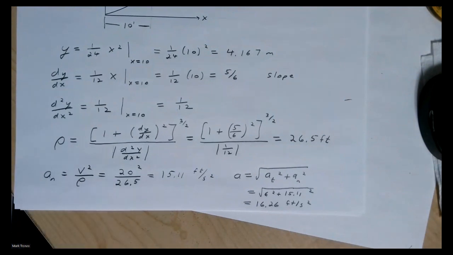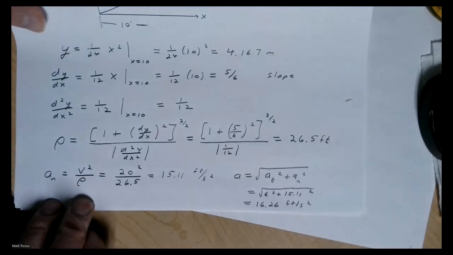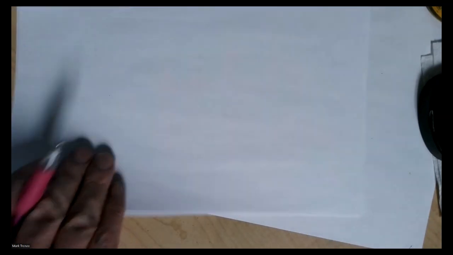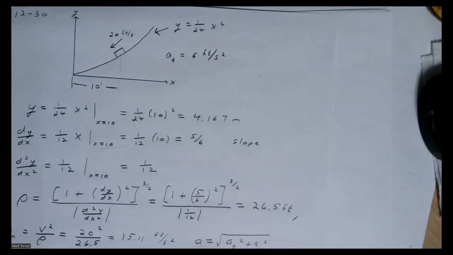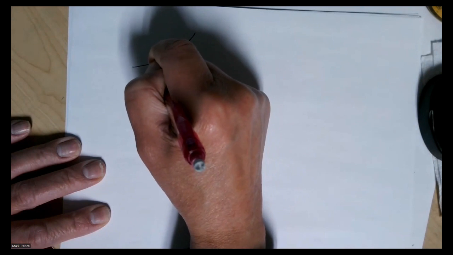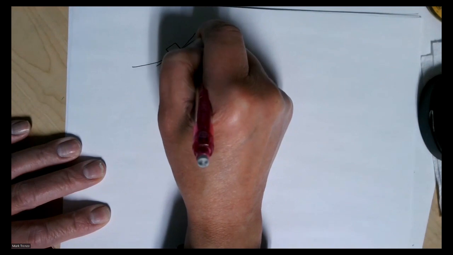So again, the only thing extra that this problem asked us for was the direction of the velocity. So let me just take a minute and look at that. And now notice, as I said, the dy/dx gives us the slope at the point we're interested in. So let's take a look at that for a minute. So we have our package here. And the slope is